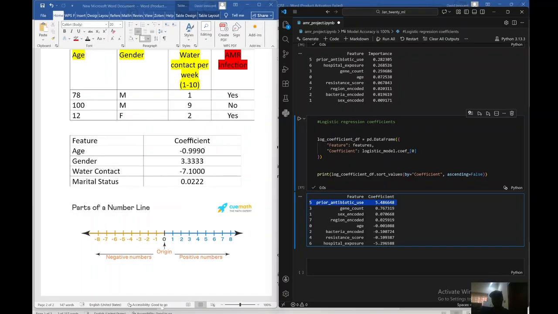So just look at this number line, picture it as that line of direction. It's going to tell us, okay, this is increasing, this is reducing, this is at the line of null effect, and that is basically what it is. So for prior antibiotic use compared to region, it means that region has almost no significant impact on antimicrobial